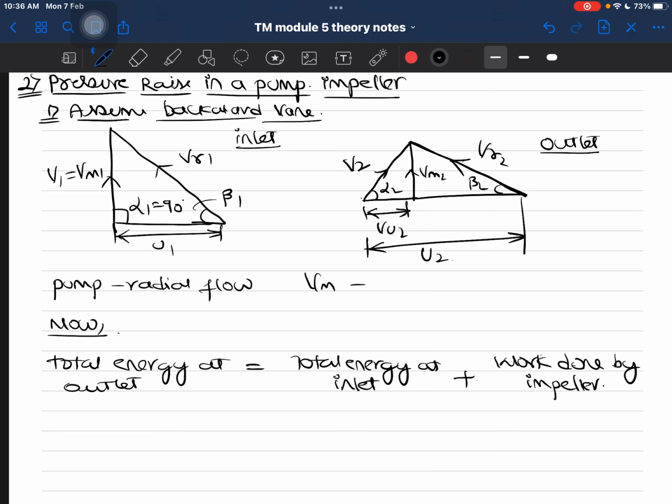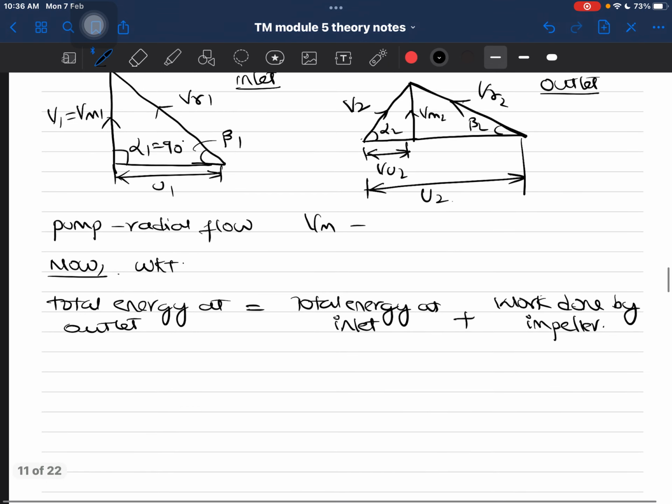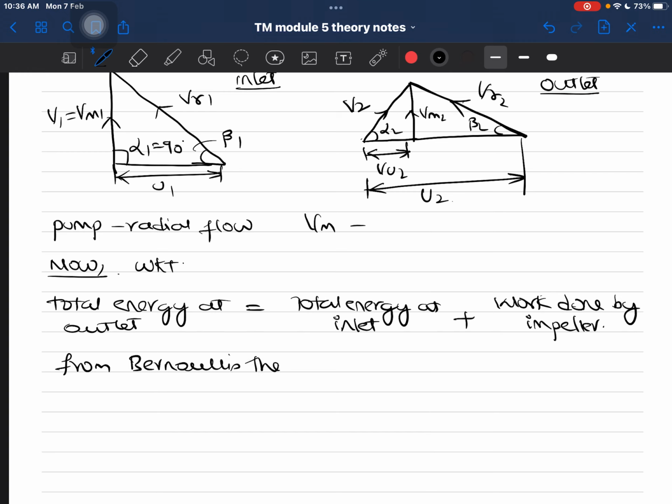So this you have to remember. Total energy at the outlet would be equal to the total energy at the inlet plus work done by the impeller. Hope you know Bernoulli's theorem. So applying Bernoulli's theorem, what we have,